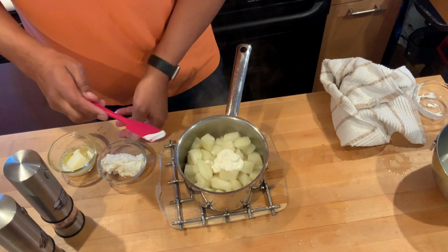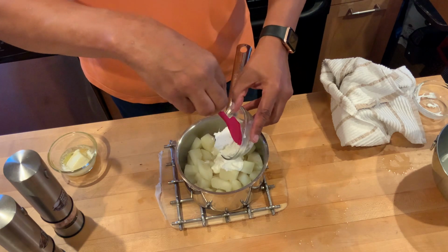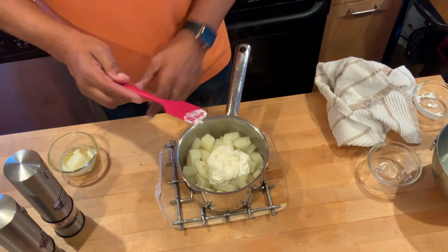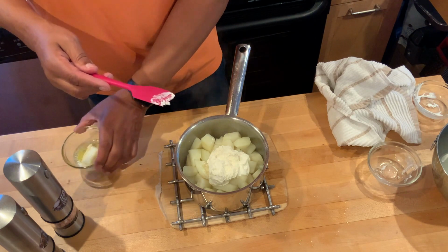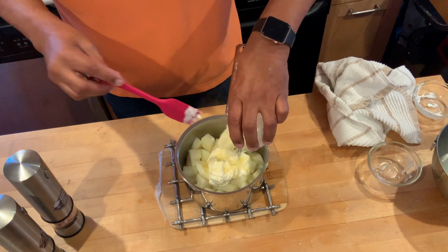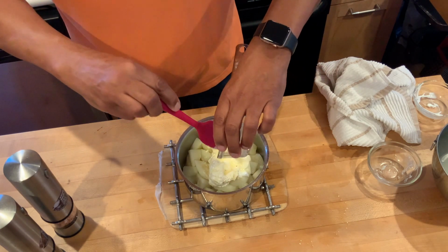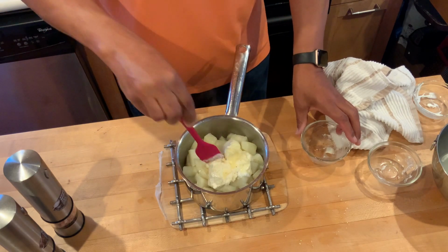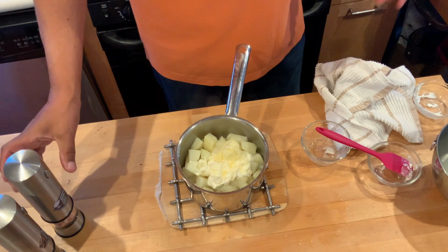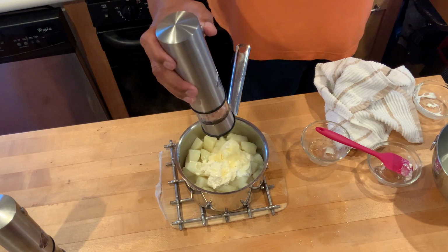And I've got cream cheese, the whipped cream cheese. Put that right in there. Boy, I'm getting hungry. And that softened butter that you saw on the stove top, that just makes it easier to mash things up. I'm gonna scrape all that in. And of course I could use my handheld blender, but when making these potatoes, I really like mashing them with just my, like I said, my ode to mama